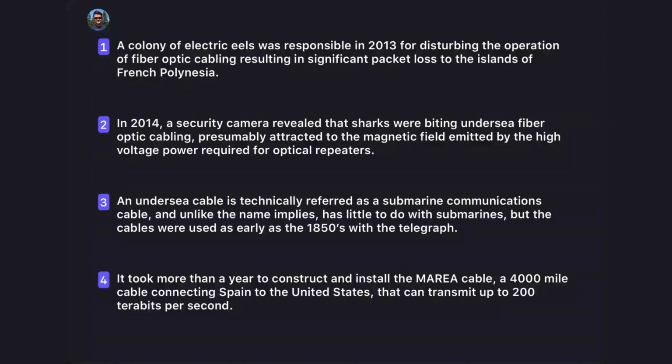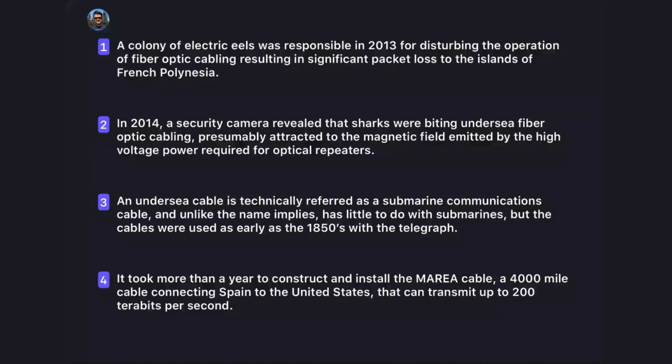Third one, talking about how it's called a submarine communications cable. Again, seems plausible. I also feel like I remember at some point hearing about how we've been using underwater cables like this for a very long time, including all the way back to before computers, like when we had telephone lines and even the telegraph. So that makes sense. I don't know if the 1850s is too far back or not, but it seems plausible.